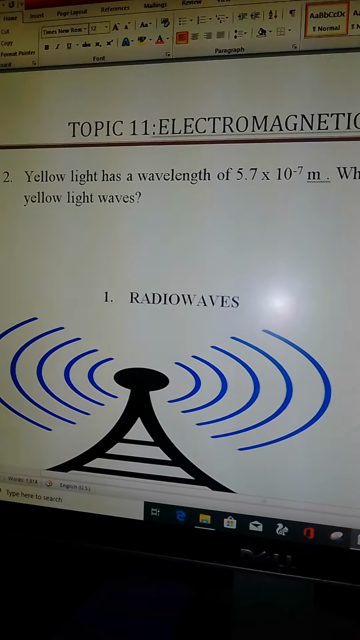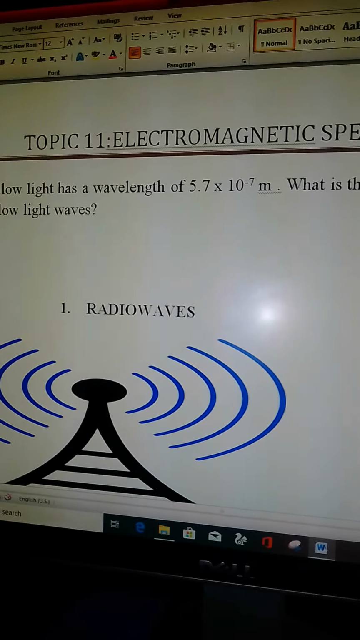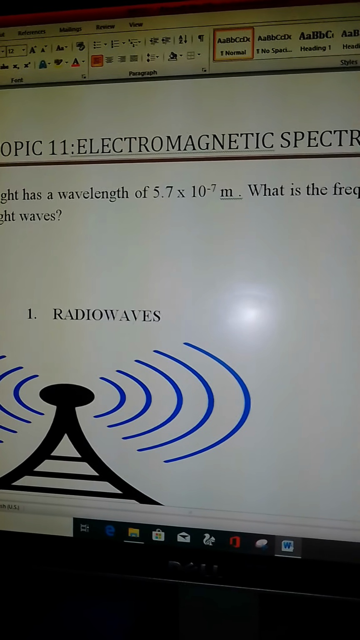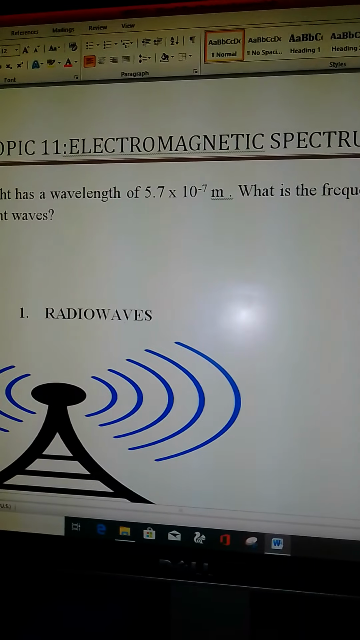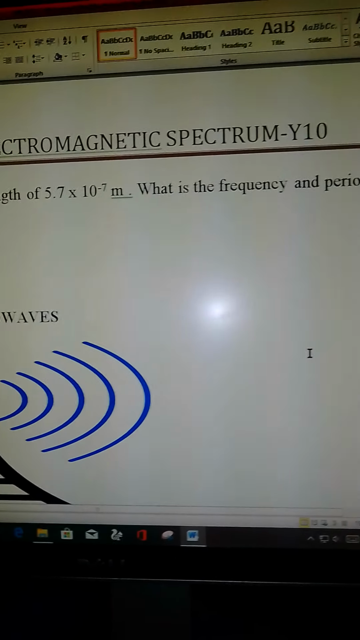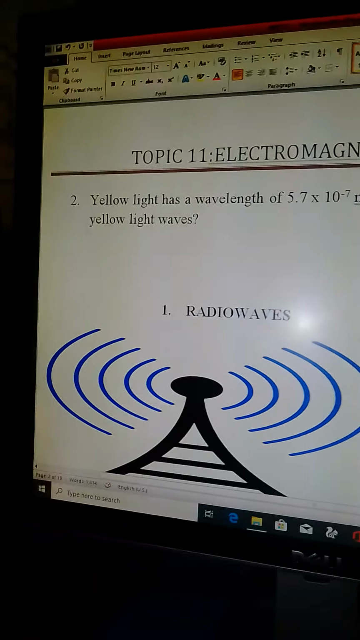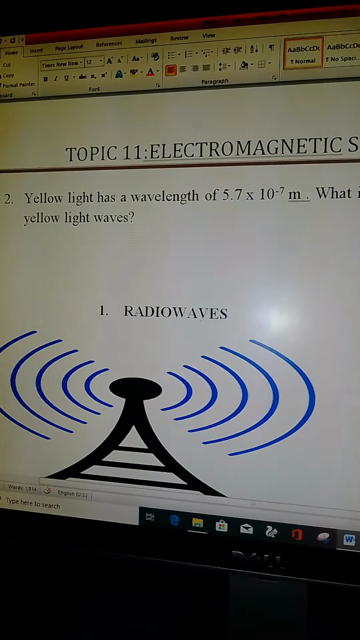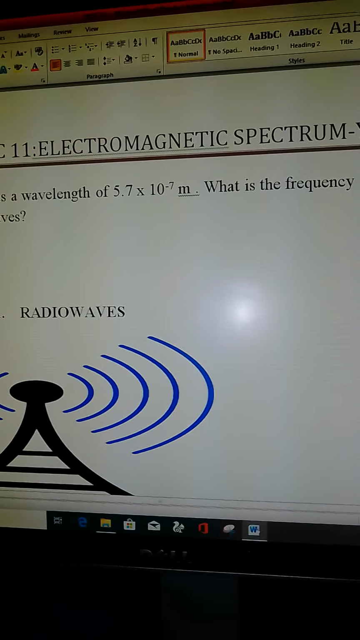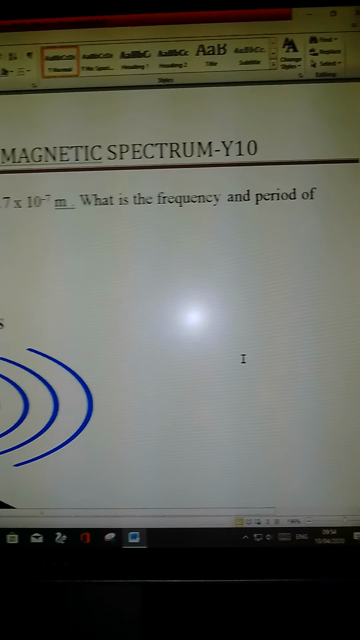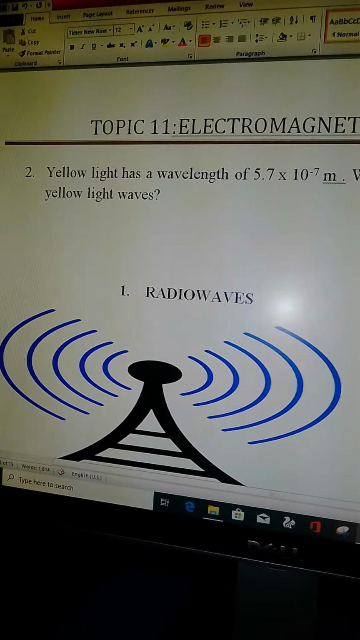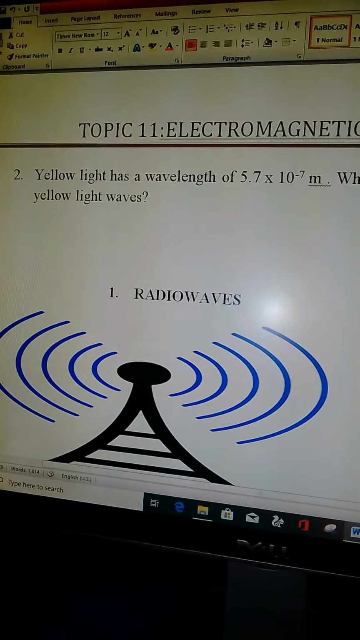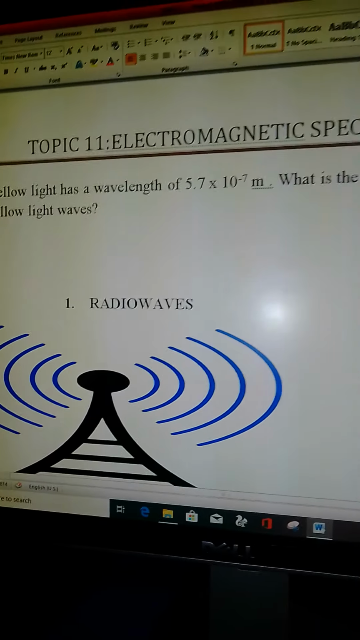Now look at this question. Yellow light has a wavelength of 5.7 times 10⁻⁷ meters. What is the frequency and period of yellow light waves? They've given us the wavelength, and we need the frequency and period. Attempt it and send this answer to my stream,